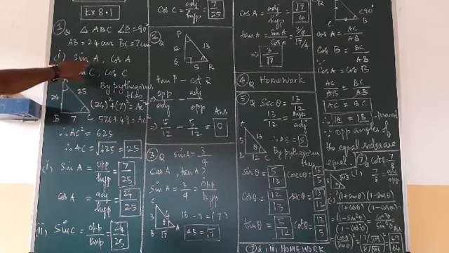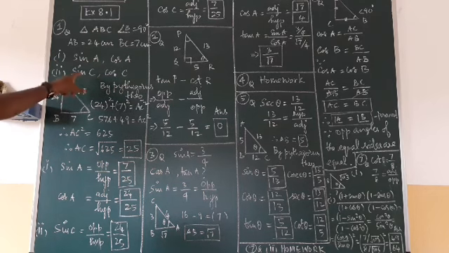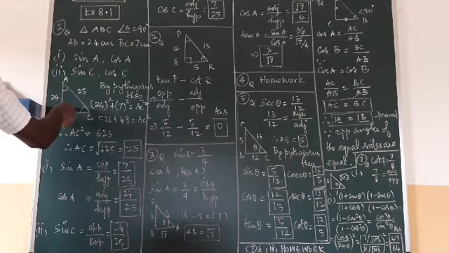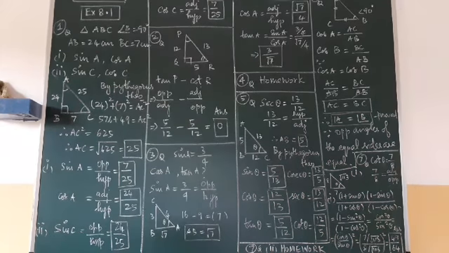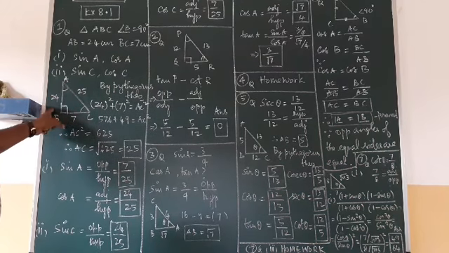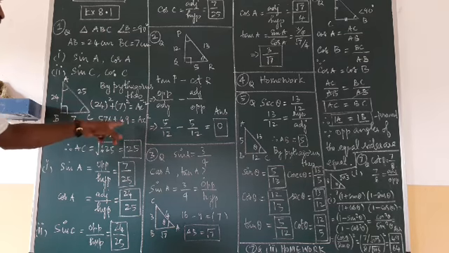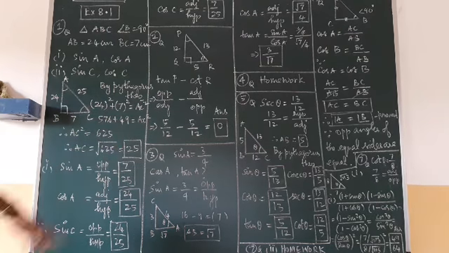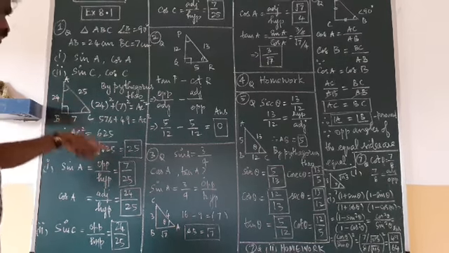First, find sin A and cos A. Second, sin C and cos C. So I have drawn a right angle triangle, angle B is 90 degrees, as given. By Pythagoras theorem, AB is given 24, BC is given 7. I am finding AC by using the Pythagoras theorem: the sum of the squares of the smaller sides will be equal to the square of the hypotenuse. AC value is what? 25.